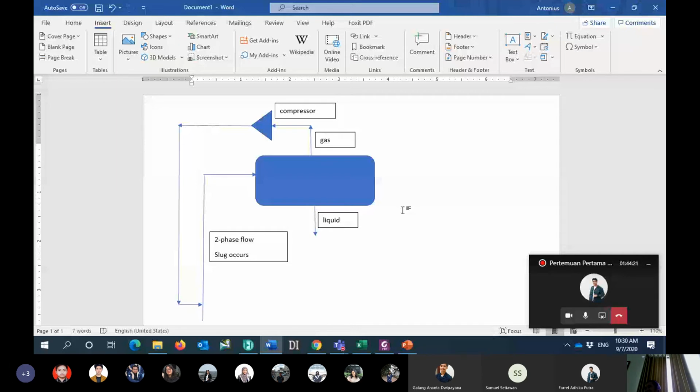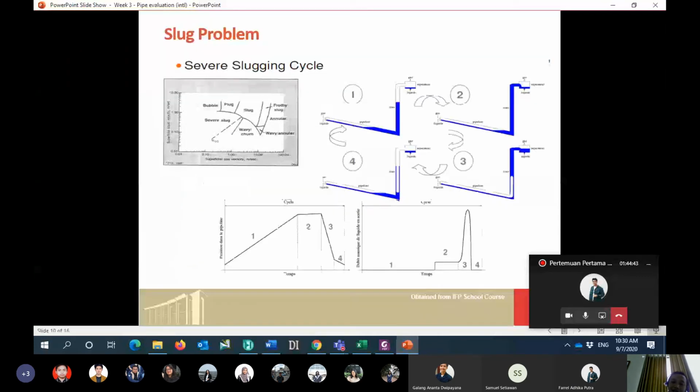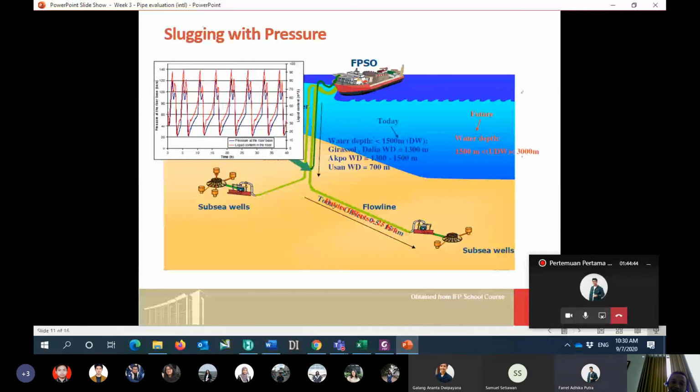Okay. Can I ask, is there any other option other than injecting gas, like liquid additives and such? No. In terms of liquid additive, no. Usually we never use it in slugging. We will never use that. So that is the reason that I mentioned to you.